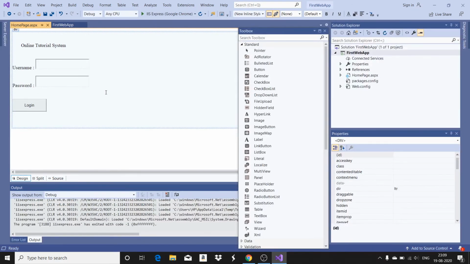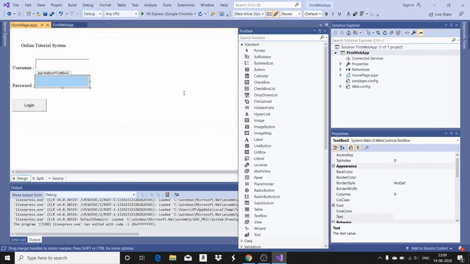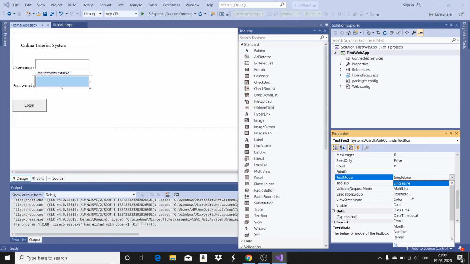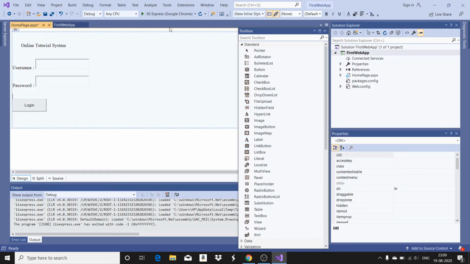What is the first thing I have to do? In the password, I have to change it to a password text box. So you go to the properties, and there you have a property called TextMode, and in TextMode you select Password. Let us see what happens when you select it.